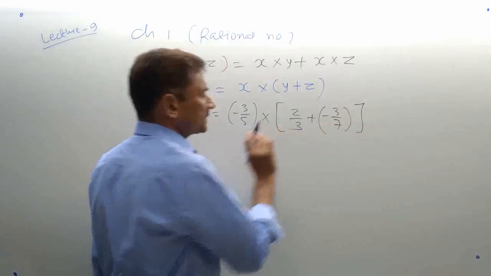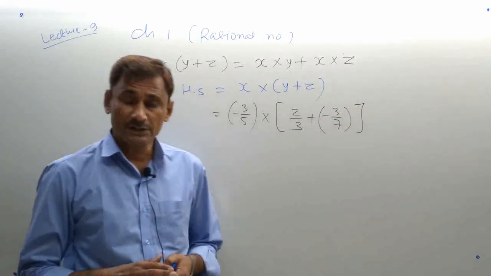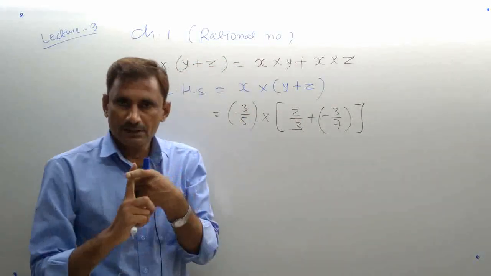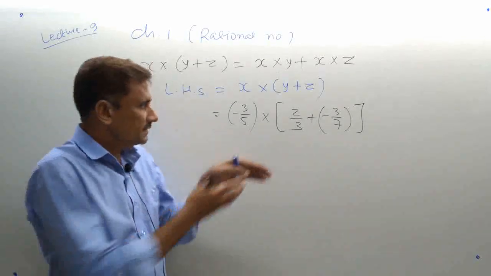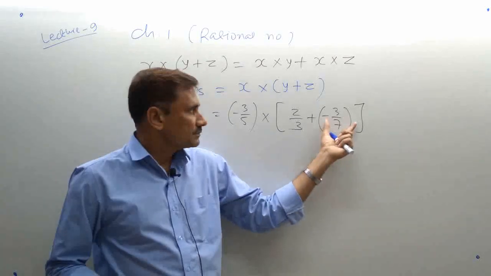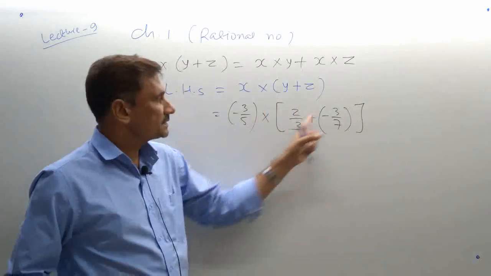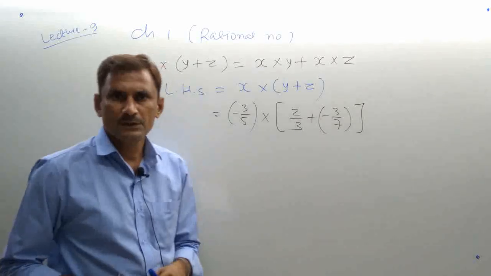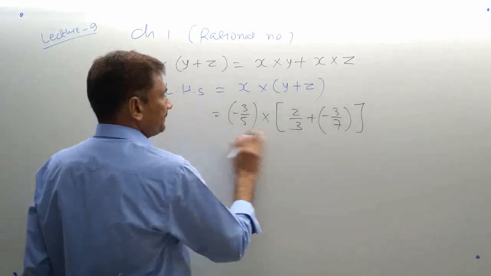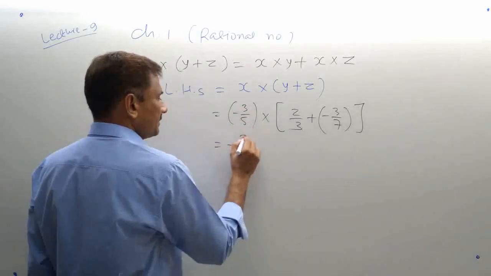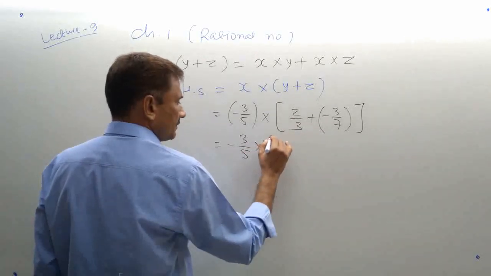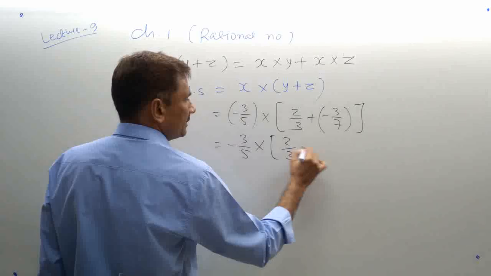First of all, to write systematically, this step should be of two lines, not in a single line. Try to write it. Enough space should also be there. If you understand, a small bracket is going to come, so initially just open the square bracket only, otherwise middle bracket, curly bracket also. So it will be minus 3 by 5 only. Now open this bracket, so it will be 2 by 3 minus 2 by 7.